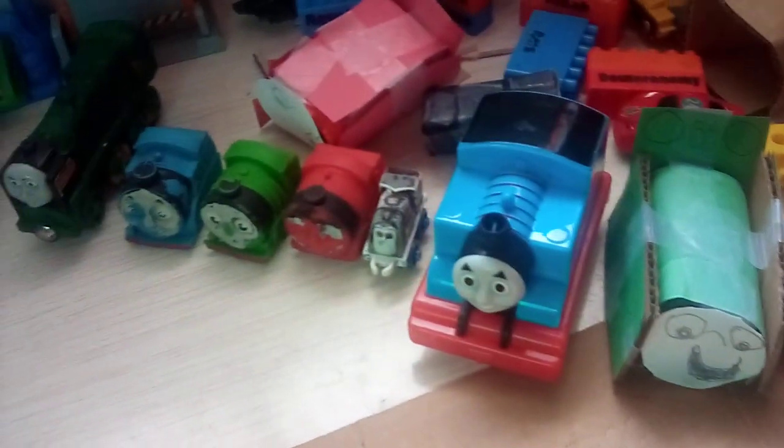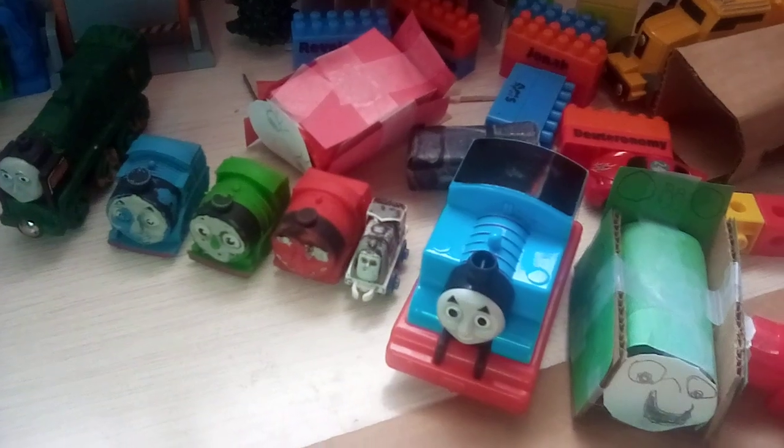Now, this one was my first. He's a pullback Thomas. I can show you how he works. Oh, there's my other Thomas. It can go on for hours if it wants to. This was my first piece of Thomas merchandise because my parents bought it for me when I